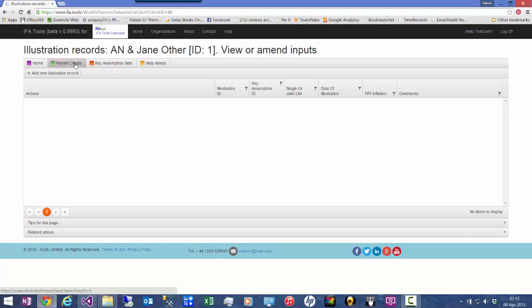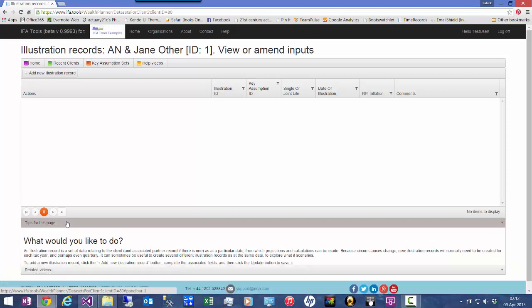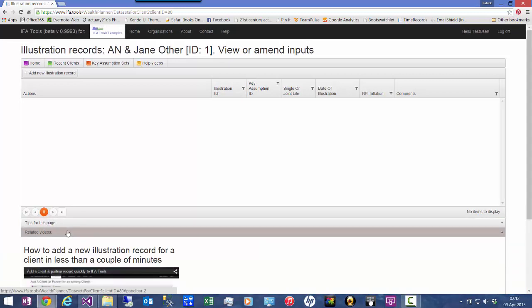Illustration records, as I say, is a set of financial data for that client and the partner as at a particular date, which can be used to do financial projections and cash flow planning. Normally there'll be at least one illustration record per tax year because data obviously changes and tax rates change. So on this page, as on the add a client page, there are some tips which are there to help you. There's also a link to a video,